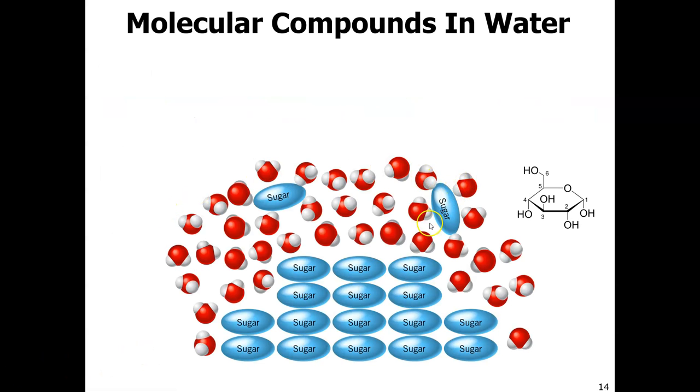So this is an example of compounds in water. We talked about that rock candy with sugar. So this is just a cartoon image of sugar. This is the actual molecular makeup of sugar. Here you can see that some of the sugar is dissolving in water, and if it's dissolved, it's completely surrounded by water. And if you have a chunk of sugar on the bottom of your glass, it's not yet dissolved. In order for it to be dissolved, you have to have those particles completely surrounded